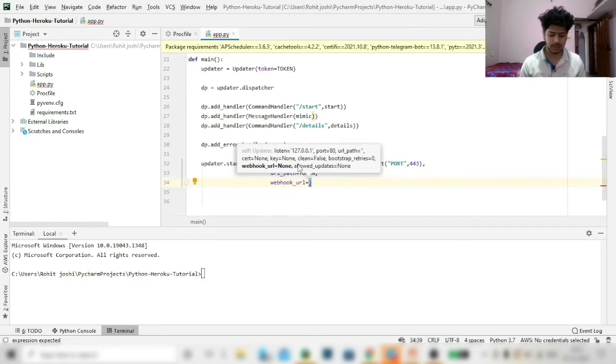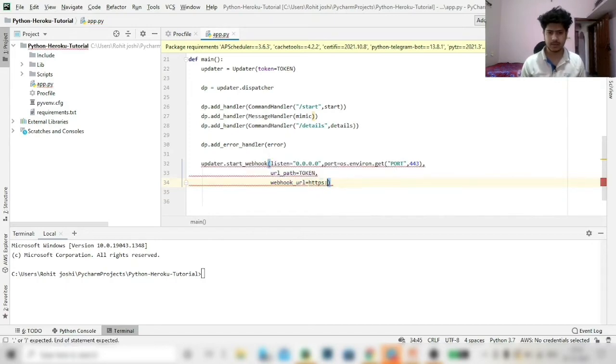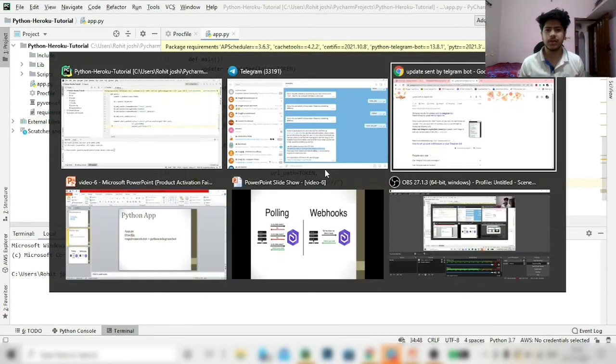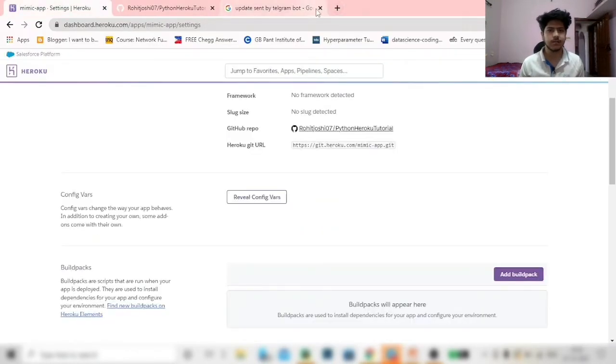The default URL is https:// and here you need to write your, sorry, this should be a string, your Heroku application name. So what is our Heroku application name?